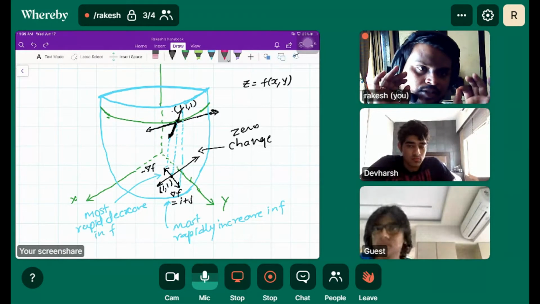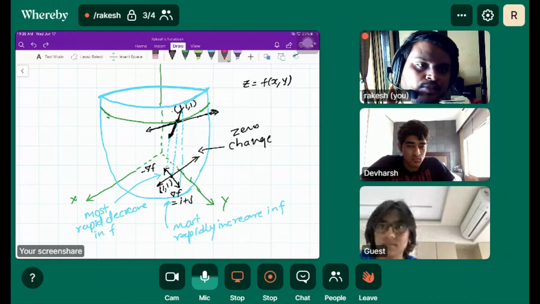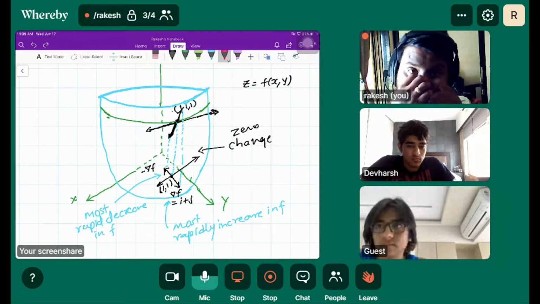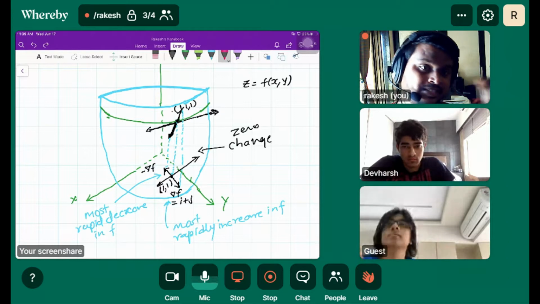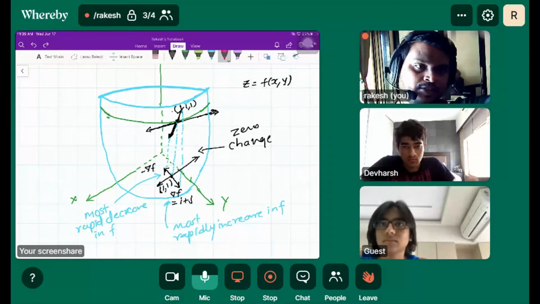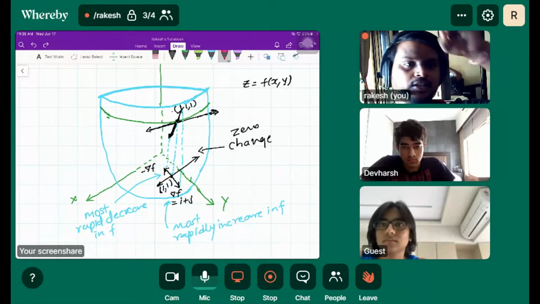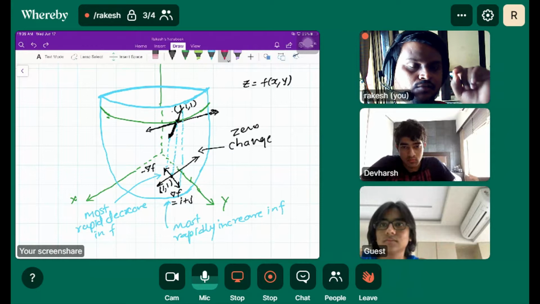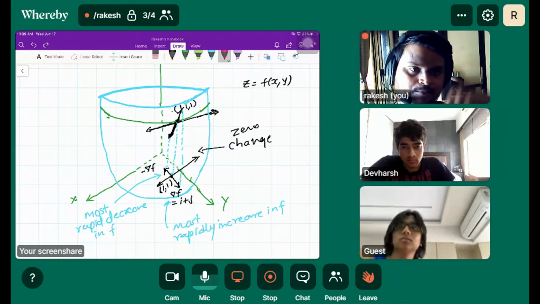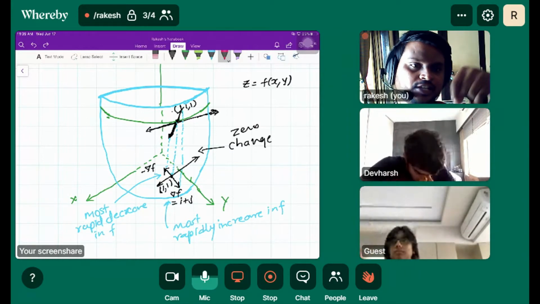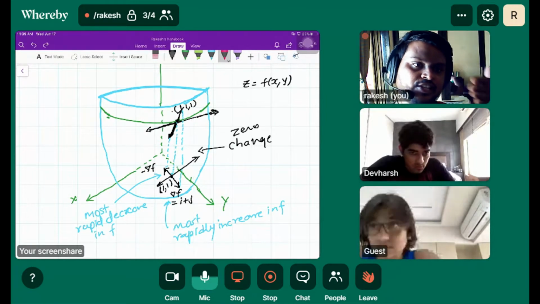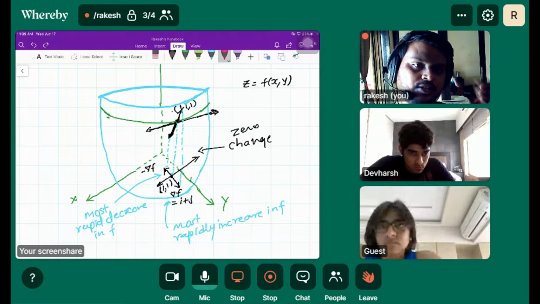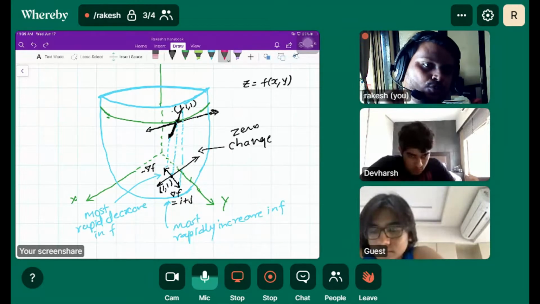Now understand everything properly. All of this is important because we are jumping into another topic from this. The gradient vector is drawn in the xy plane, and it is represented by del f. I have drawn the projection of the point 1 comma 1 comma 1 on the xy plane. The projection of the point is basically 1 comma 1. So the gradient vector is drawn in the xy plane, and the opposite of the gradient vector is also drawn.